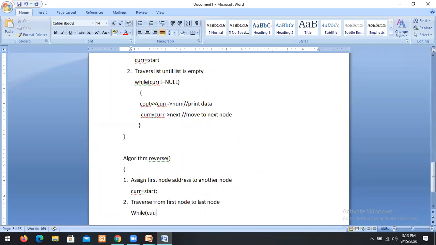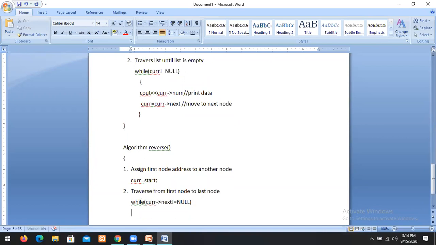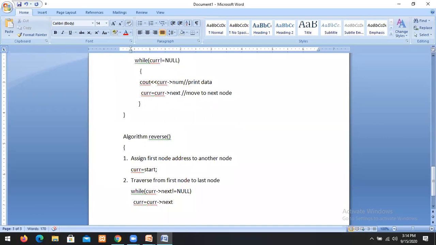While current arrow next not equal to null, while current dot next not equal to null, current equal to current dot next. When you write like this, we can traverse the nodes from first node to last node.